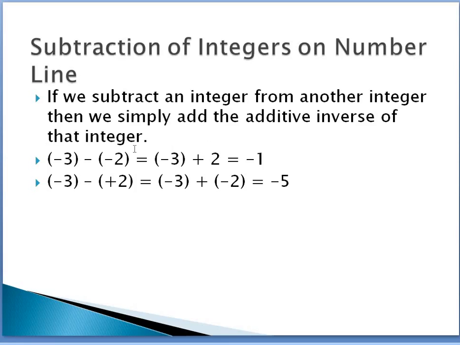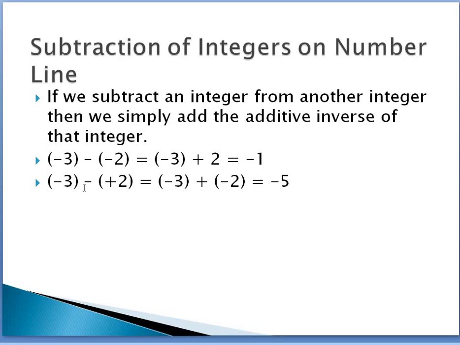additive inverse. So here you have to subtract minus 2. Subtraction is the same as addition with the additive inverse of minus 2. The additive inverse of minus 2 is plus 2. And you know how to do minus 3 plus 2 on the number line. First go to the left 3 places and 2 to the right. Or, one minus, one plus, we subtract the numbers and put the sign of the bigger number.